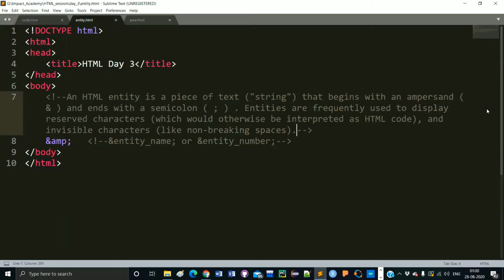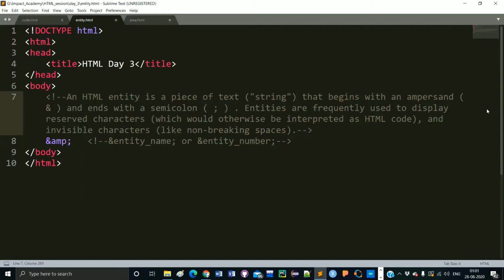So when we have to use those reserved characters in HTML code as text, we cannot use them directly. For that we have to use an HTML entity, and for every reserved character there are different HTML entities.